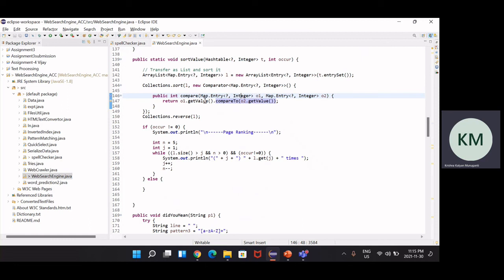O1 here is nothing but occurrence 1, and occurrence 2. For a specific map, this is the occurrence, and for another specific map, this is the occurrence. So we are using this occurrence and comparing it to the second occurrence, and that goes on every time for every HTML document, so that we get the number of occurrences